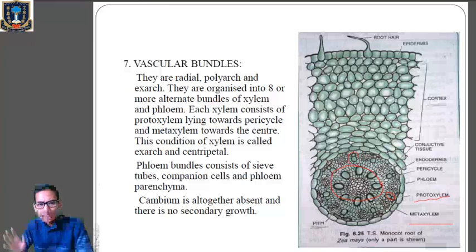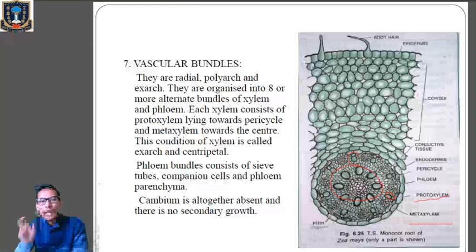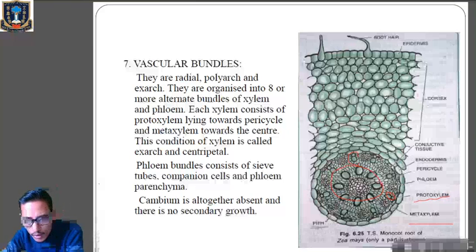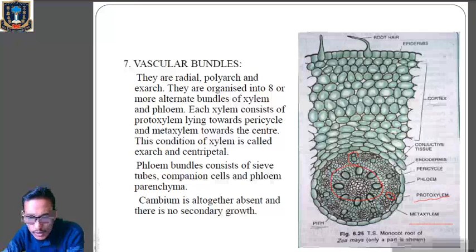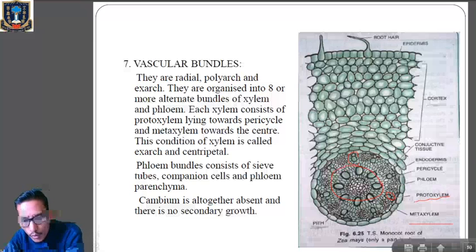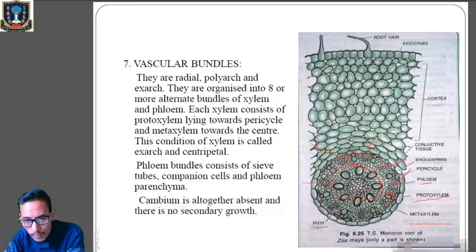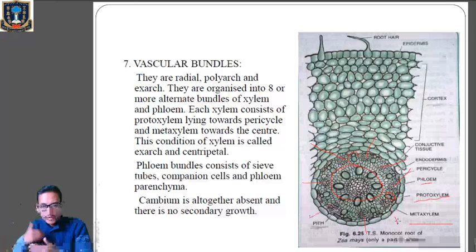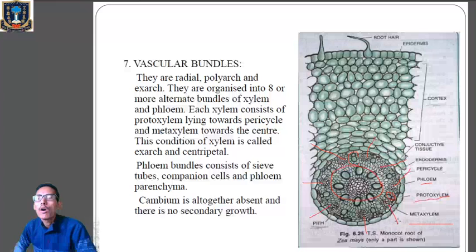Okay, and here these vascular bundles are organized into 8 or more alternate bundles of xylem and phloem. So you can see over here, count it: 1 2 3 4 5 6 7 8. We will find 8 metaxylem. Here also 1 2 3 4 5 6 7 8, 8 protoxylem, and let's count the phloem. You can see phloem over here. There is 1 phloem, 2 3 4 5 6 7 and 8. So we are finding the organization of 8 or more alternate bundles of xylem and phloem in case of monocot